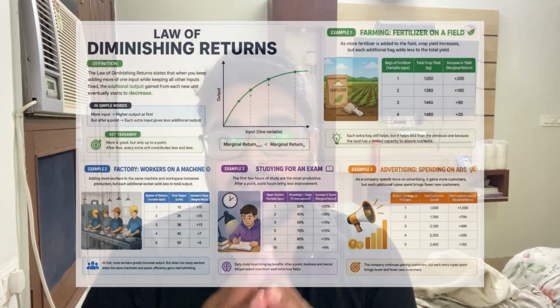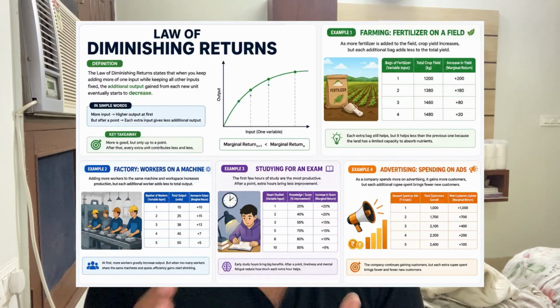It reminds us that more is not always better. The more fertilizer you add, the more study time you add, the more you add to the advertisement, does not mean that you will get the same proportion of returns just by increasing that one unit of thing that you want in your product, right? So the output from each additional unit decreases. The number of customers gained from each additional lakh of money that you added in your ad spend decreases. The amount of learning that you are doing with each additional hour of studying decreases. The amount of crop that is growing with each additional bag of fertilizer decreases because you're just focusing on that one